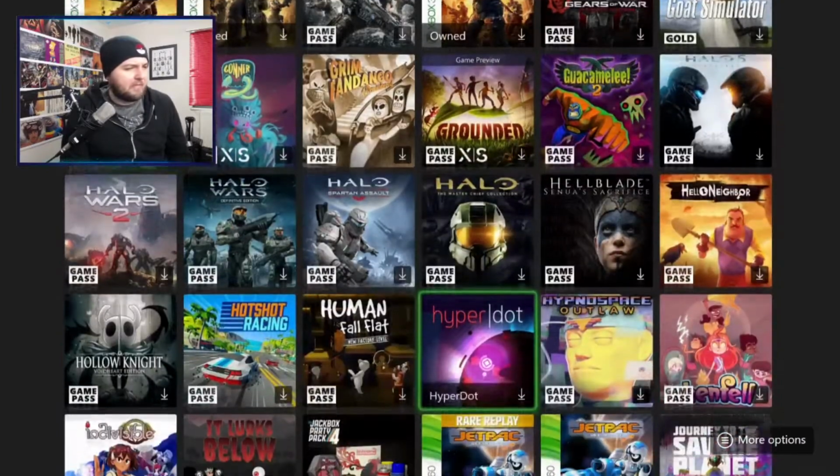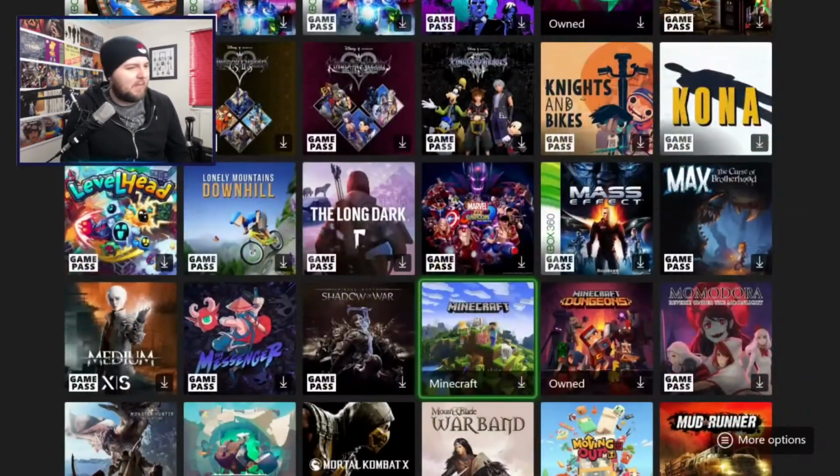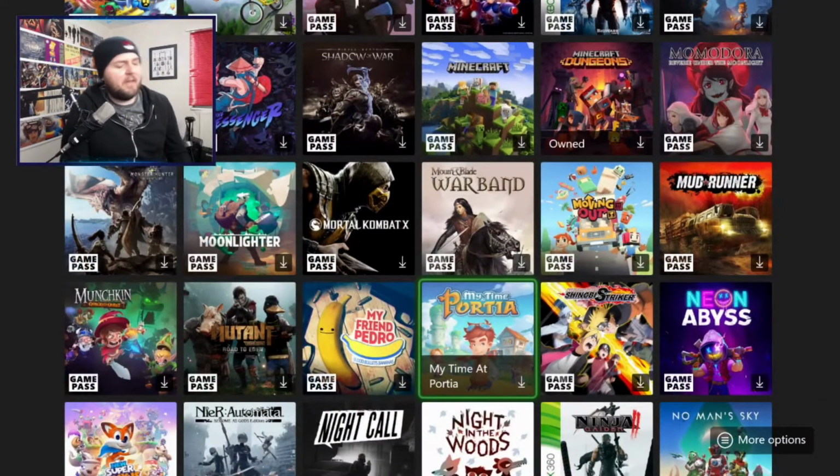I can download some new games to play. Some of them will be optimized, but I don't know which one specifically will be. I think there's actually a sign. There we go, The Medium there. That's obviously not out yet. But when it's got the little XS logo, that means that it's optimized for the Xbox Series X. So I think it will run a little bit better, it will look nicer,